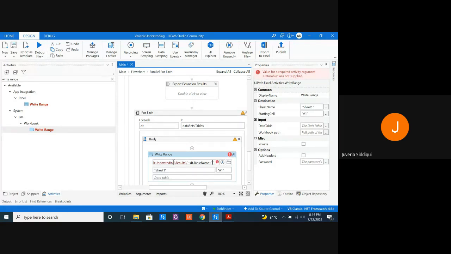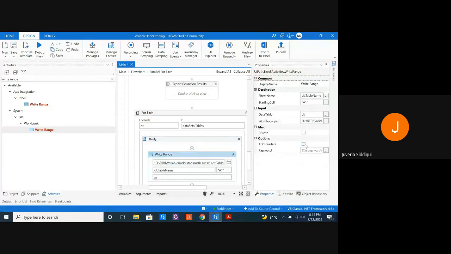I want it in an Excel format. Let's keep it like that. And since there can be multiple sheets, I'm going to write the sheet name as table name again. And DT is nothing but our data table that we want to write in the Excel. Let's add headers to it, save it.